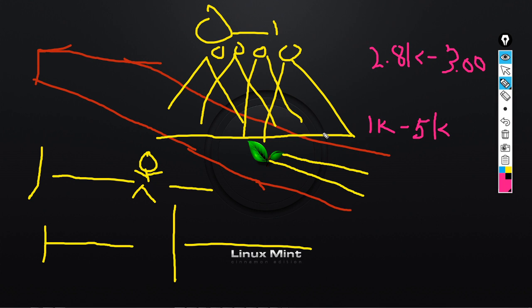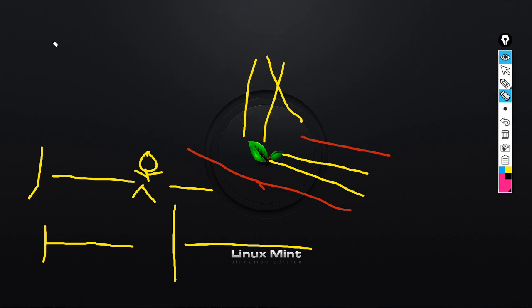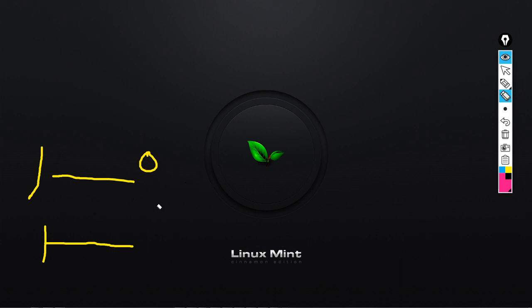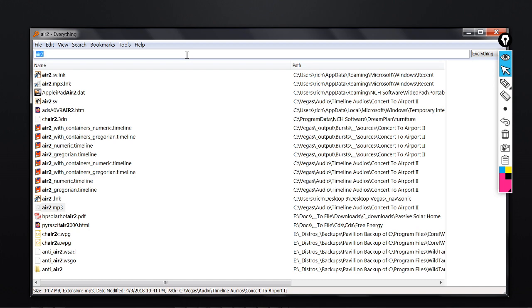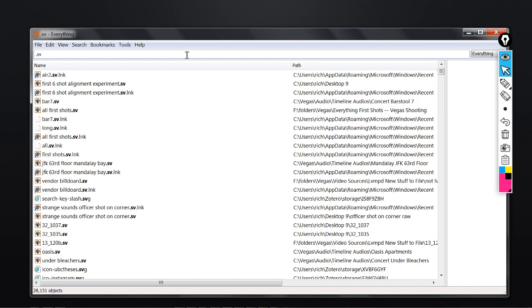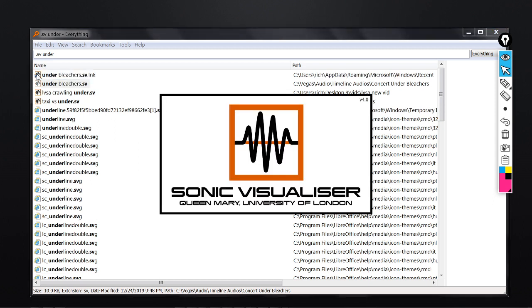Alright, so now let's take another scenario. What do gunshot sounds look like in terms of frequency that makes these LRAD devices so improbable to be used? Well, let's say I'm going to load up one of my favorite, which is a Sonic Visualizer session of Under. It's not really under the bleachers, it's under the stage. But when I first saw it, I thought it was under the bleachers, so that's stuck.